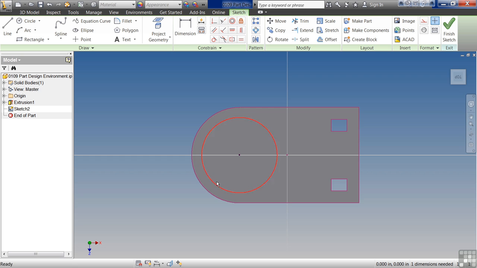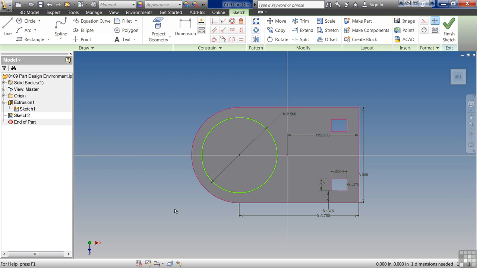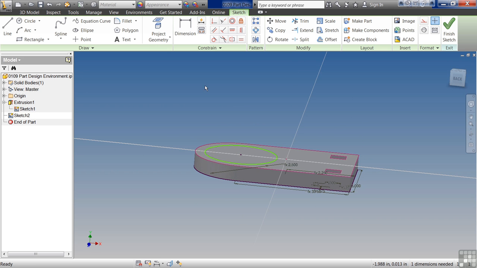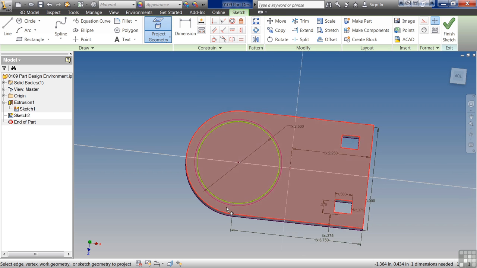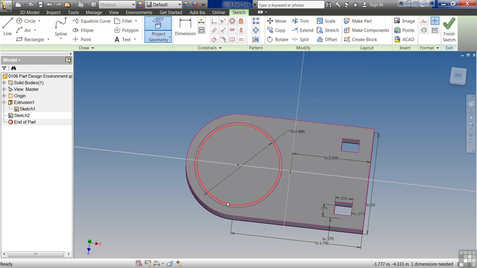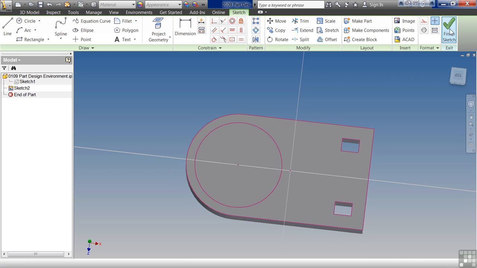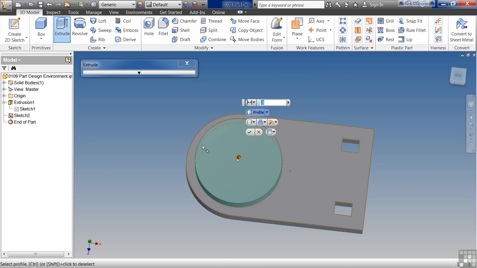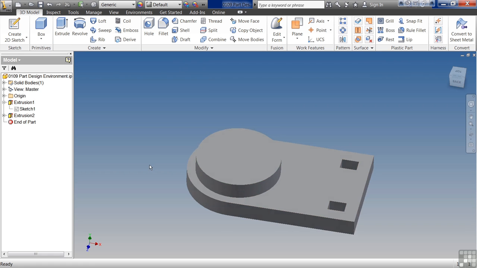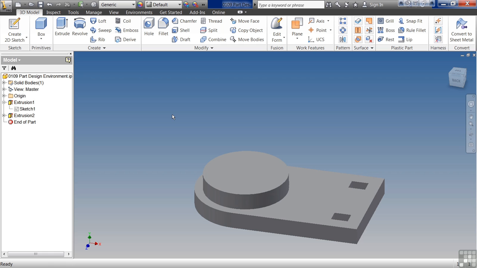I can either recreate this circle, or I can turn on that initial sketch visibility, and I can project that geometry. And that's my purple line there. Turn that back off. Finish. I can do extrude again. So I've created my geometry the way I wanted to create it based on the tools that are in the